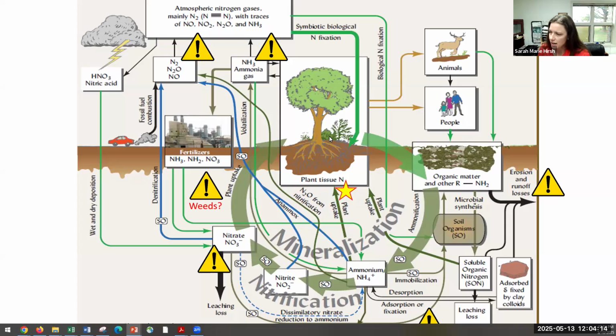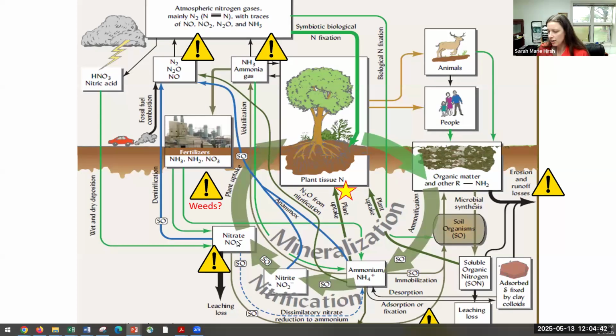But the issue is that a lot of other things can happen in the meantime before the plant gets a chance to take up that nitrogen. So what we're going to talk about today is how to optimize nitrogen use for the plant and allow the plant to get as much of that nitrogen as possible